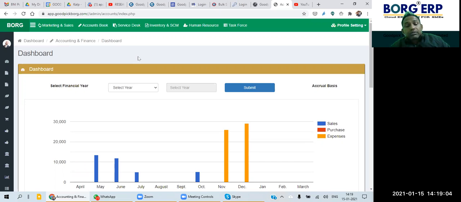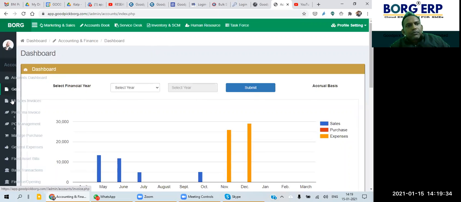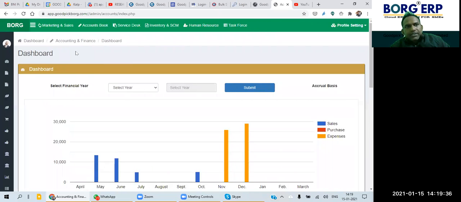So there are three things the system has to have. One is the customer master, the second is the vendor master or supplier master, and the third is the service or product master. The service comes from the master dashboard, and the product comes from the inventory module, if it is a product company. Now let's go through how to set up the customer first.